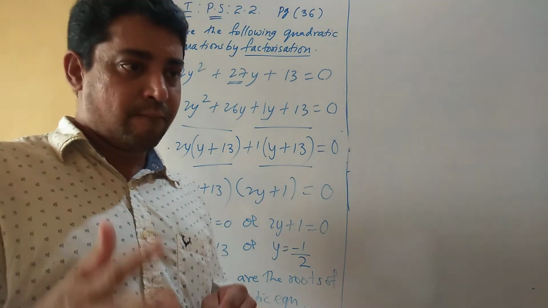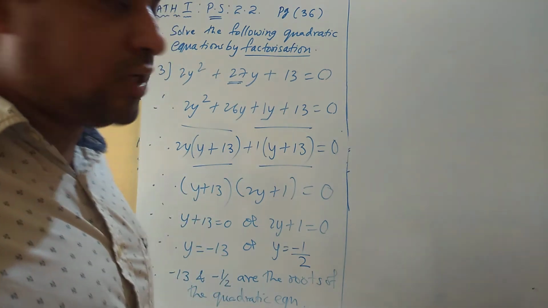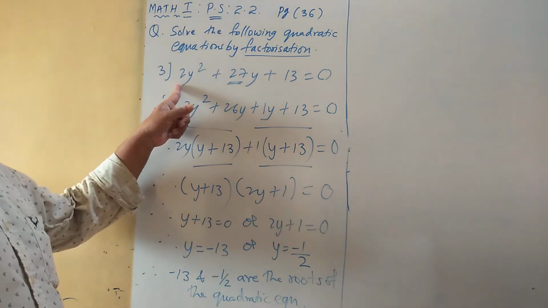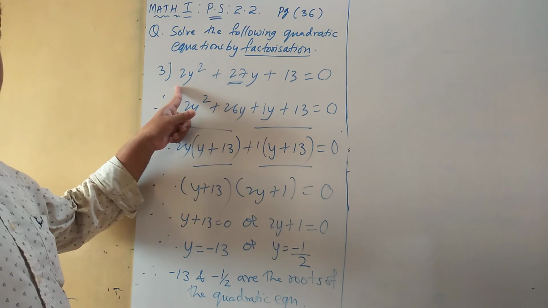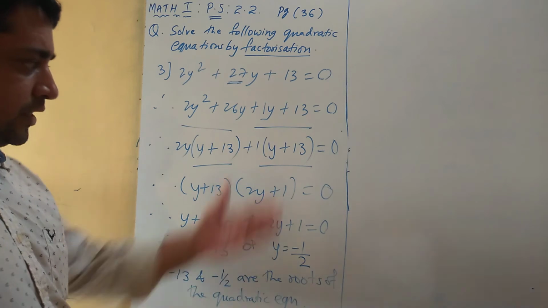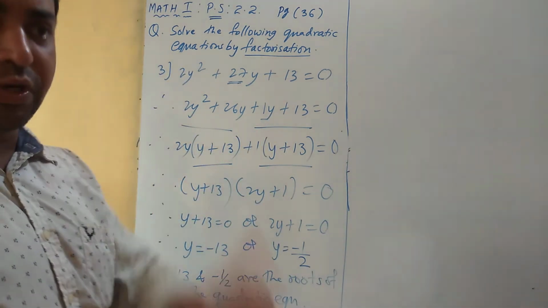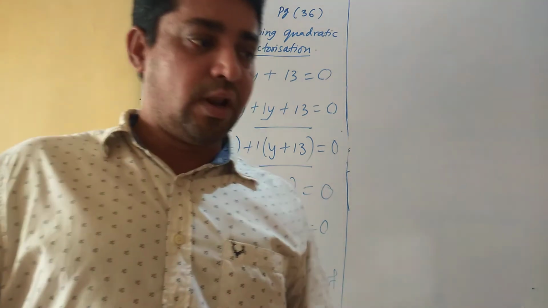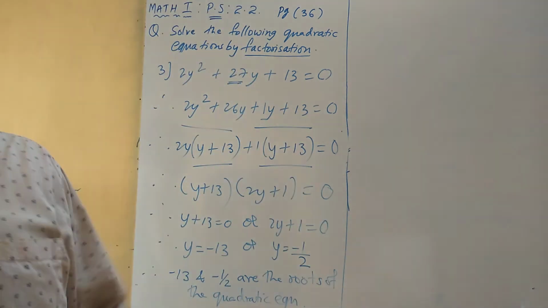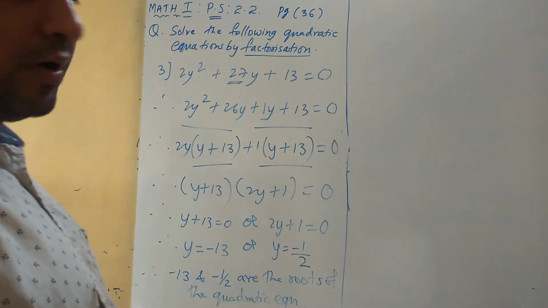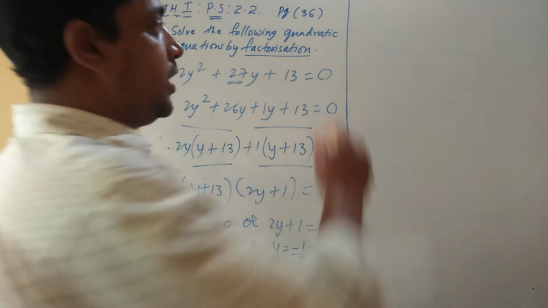We'll complete one more sum, and I'll take the fifth one now, because the fourth one is similar to this. The fourth one is exactly the same, having a coefficient more than 1 in the first term, and in the third term whatever number, the splitting will be as it is. So the fourth sum is the same, so you take it as homework. I'll do the fifth one. Why? Because it is different. There we'll need an extra step. We'll need to take the LCM. Let's see why. The fifth sum is a little different. So this might be the last sum for today.